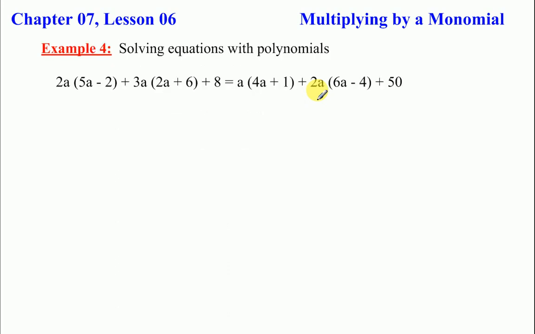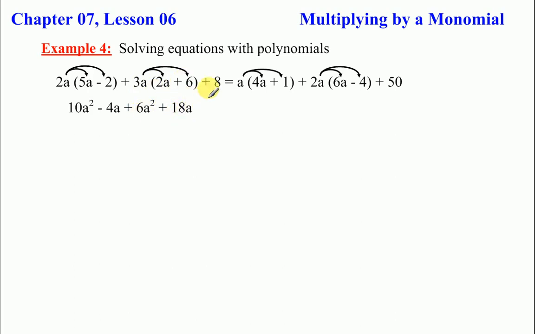Alright, here's a lengthy statement for you. Solving an equation with polynomials. So I have 2a that needs to be multiplied right here, and 3a needs to be multiplied by this set of parentheses. So I'm going to look at each side individually. Multiply over here first. That gives me 10a squared minus 4a, and then 3a times 2a is 6a squared